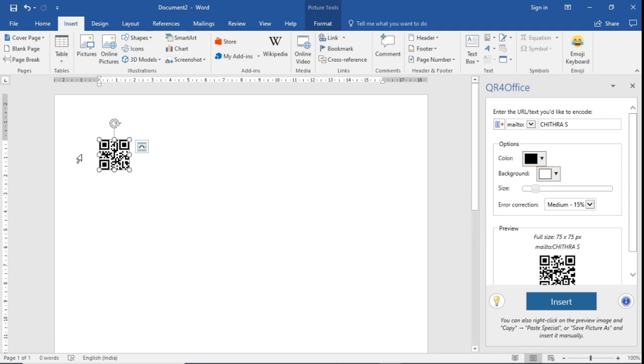So these are a few add-ins and a few of the features in Microsoft Word that I found very useful. Those who have Microsoft 2016 can make use of these features. Those who do not have Microsoft 2016, just know about these add-ins, and when you install Microsoft 2016 in future, you can definitely make use of all these add-in functionalities.